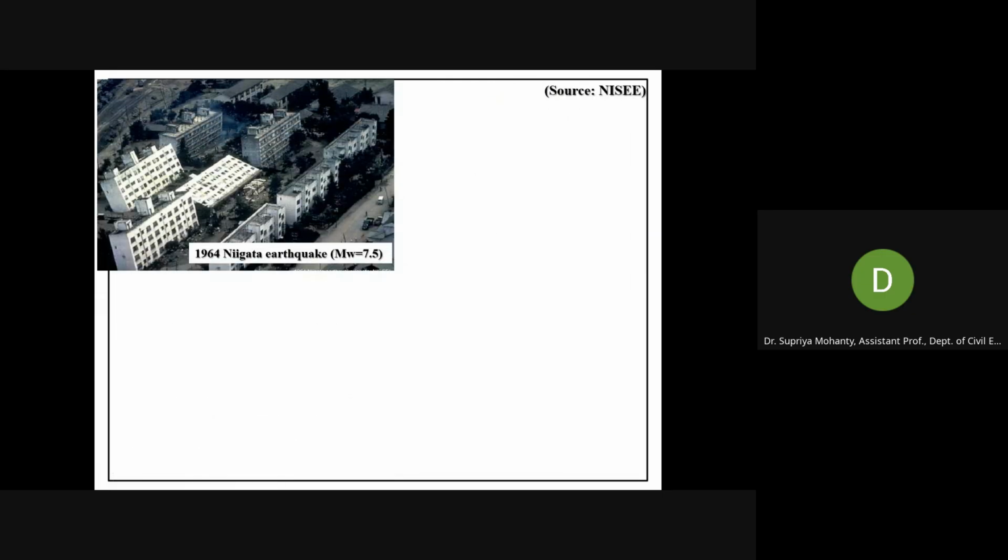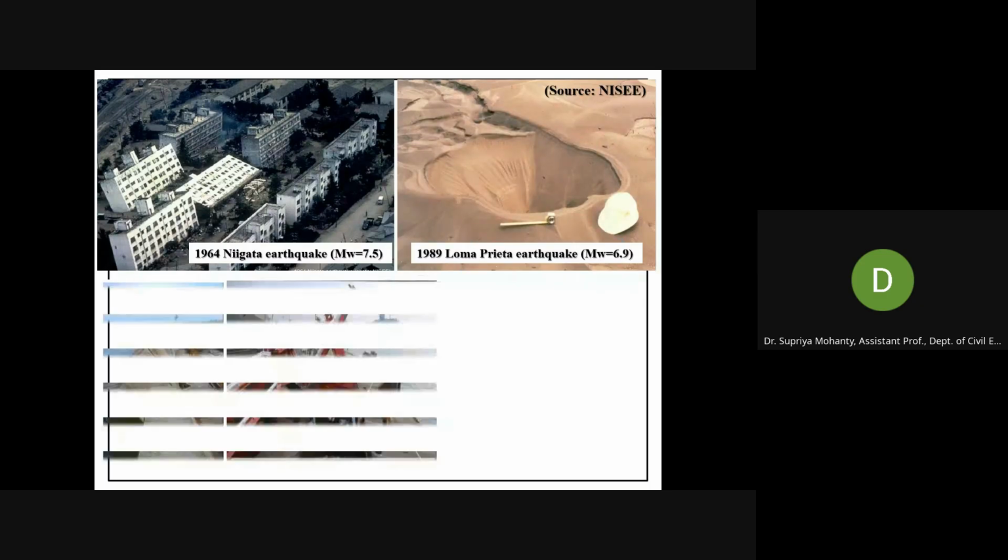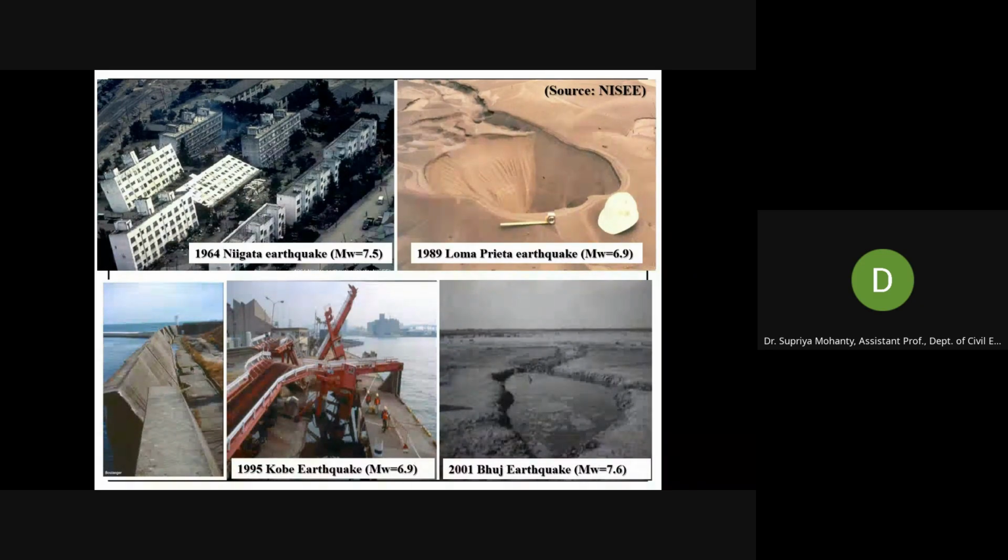You can see there are a few damages due to this soil liquefaction. Here, this is due to the 1964 Niigata earthquake. The buildings, these structures, have been toppled due to the lack of bearing support. The soil failed, like the soil behaved like fluid. So that's why the structure collapsed. The design of the structure was perfectly fine, but due to lack of bearing support, the structure